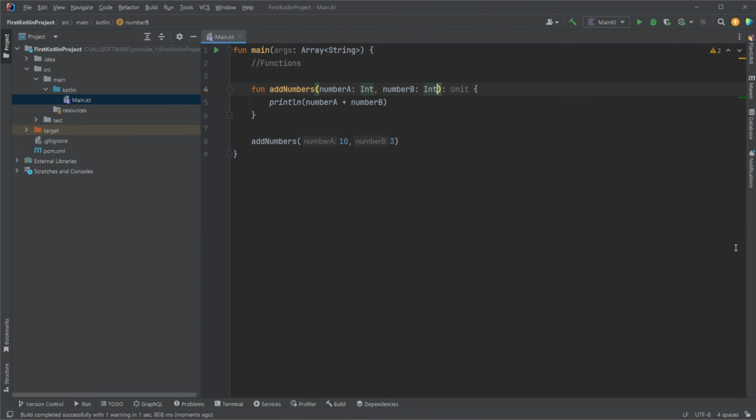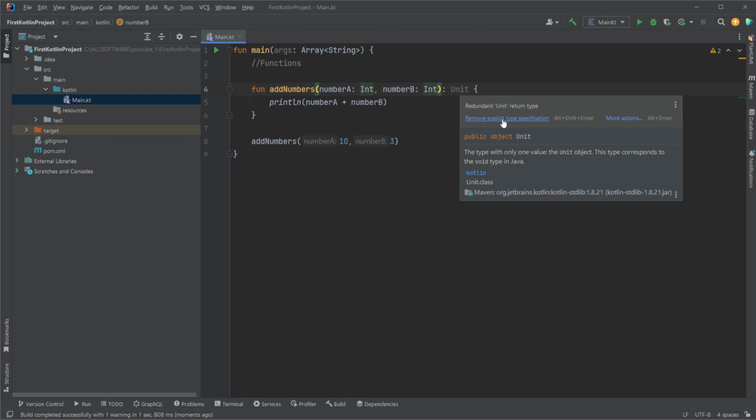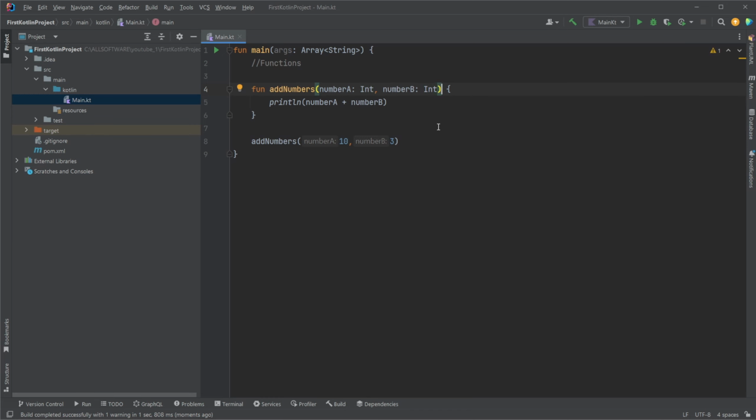Which then clearly showcases that it's not returning anything. And it still works. And IntelliJ would also just remove it. So if we do not want to specify that we're returning nothing, we can simply not return anything, which, when we come from a Java perspective, makes everything a bit cleaner. So that is very much the basic concept of